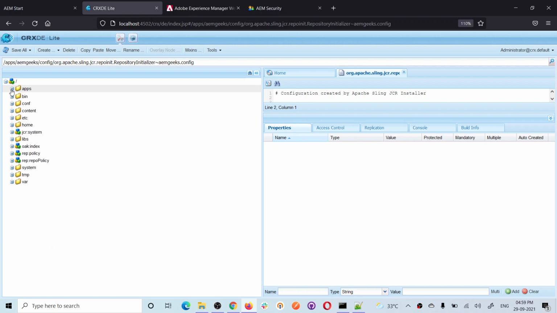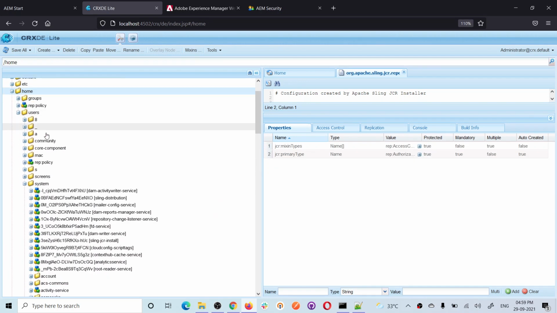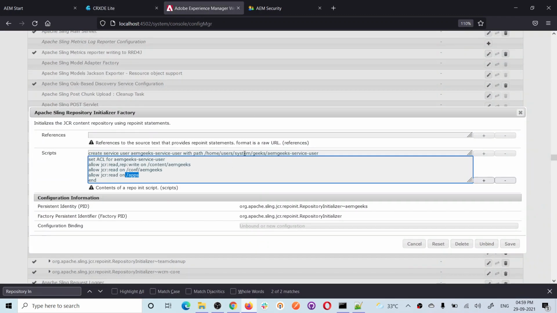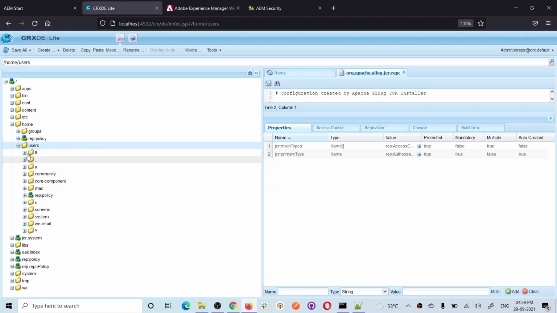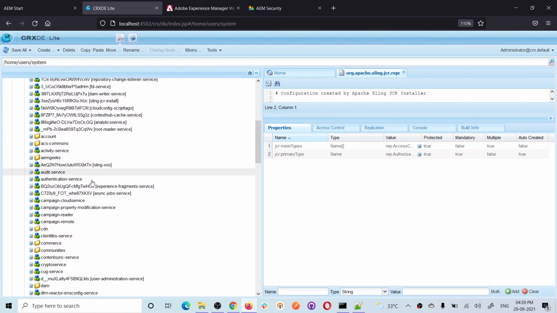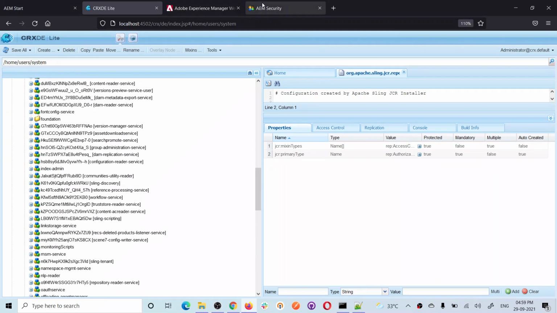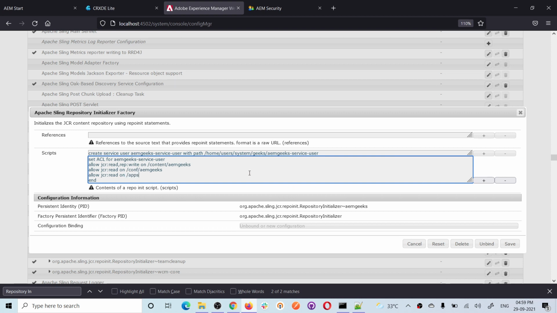So go to home and users. Let me refresh a bit. Users, and I don't see a geeks folder, right? So I'm saying it should be where? User, system, geeks. So user, go to the system, and I don't see any geeks folder, right? So let me save this. As soon as I save this, there should be a service user under system/geeks. If I save it,